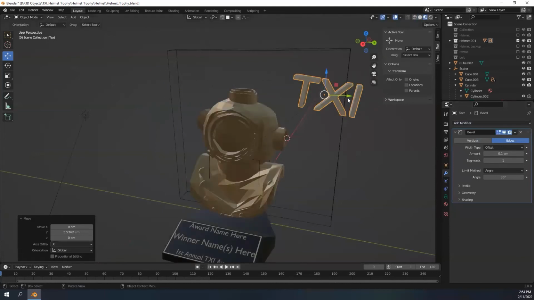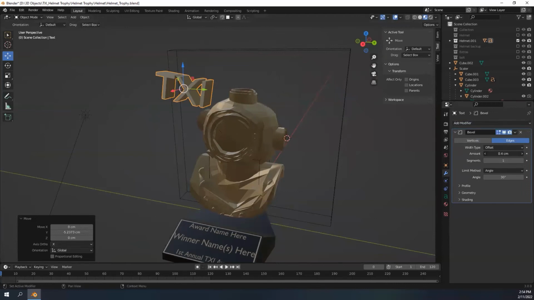I'll switch to the shaded tab. So I added a bevel modifier, and I can add some amount to the bevel, and I can see that it's doing something, but I'm not exactly sure what it's doing. But basically the benefit of using modifiers is that you can turn these on and off and reorder them. So if you decide that you need to change something later, you can come change it without it being baked into the actual